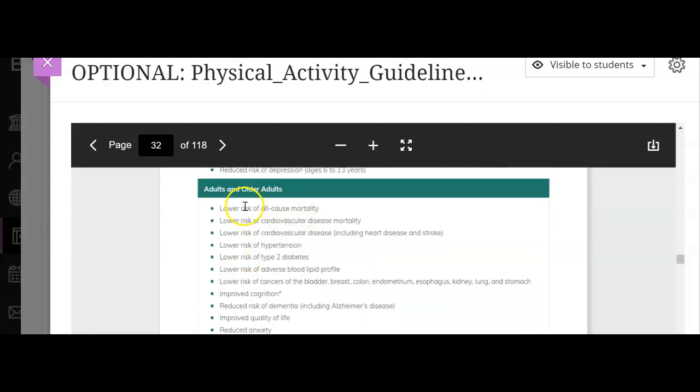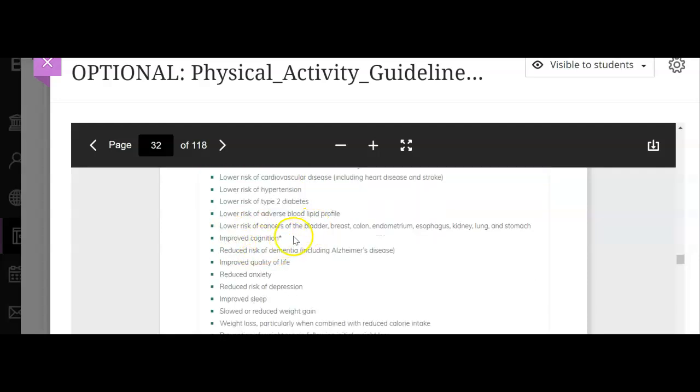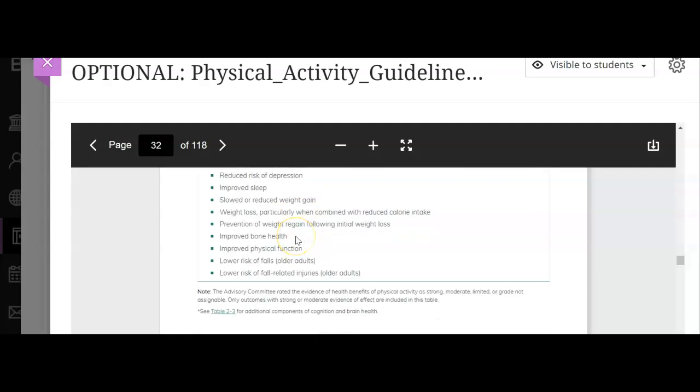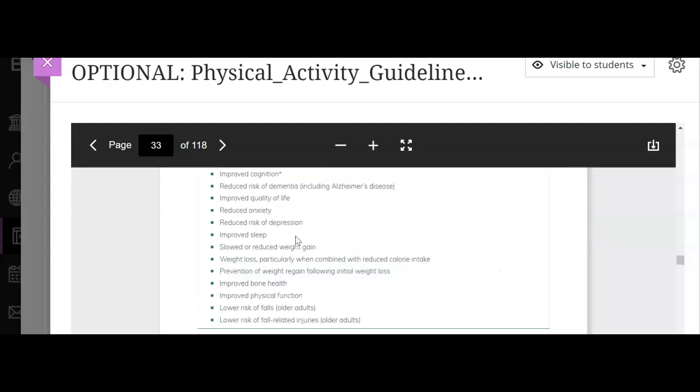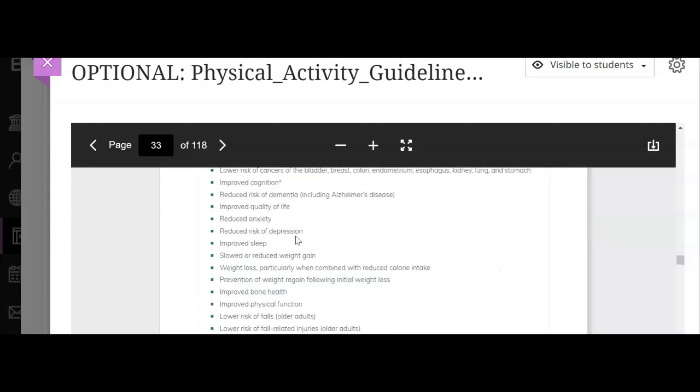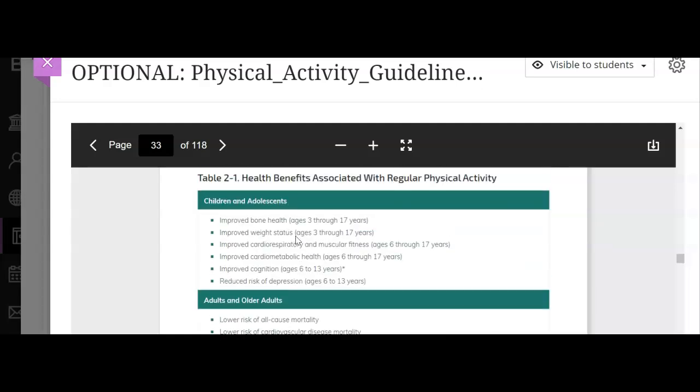If you're working with adults, you can see lower risk of all-cause mortality. You can also see improved cognition. You're going to see some are the same and some have changed from 2008. So that's what I want everyone to look at.